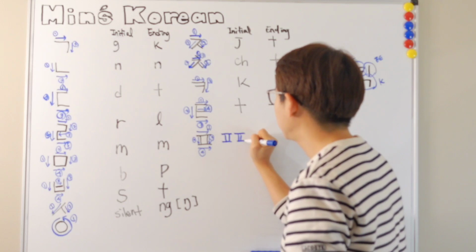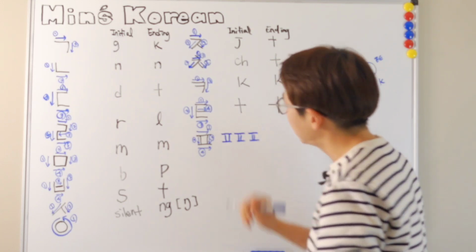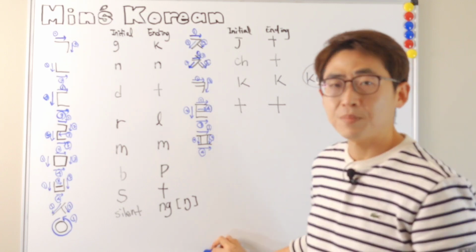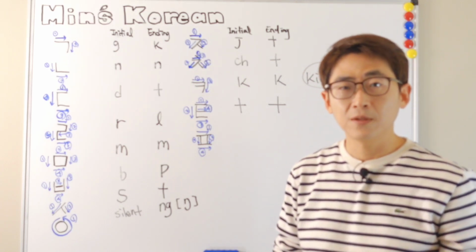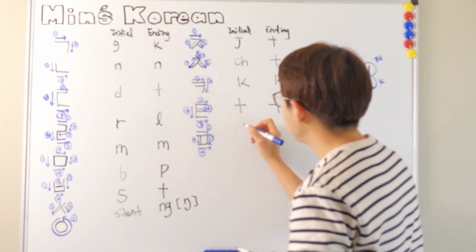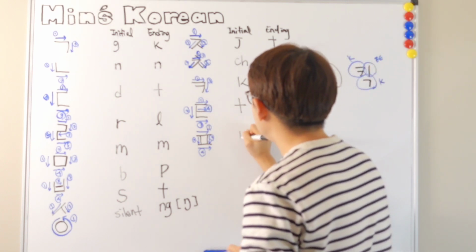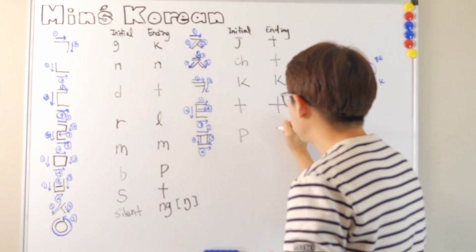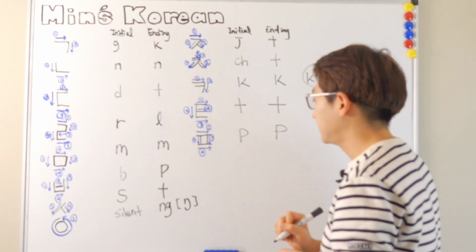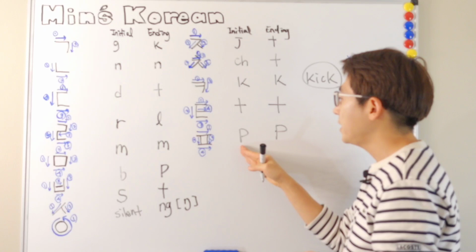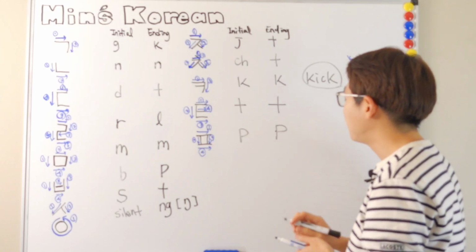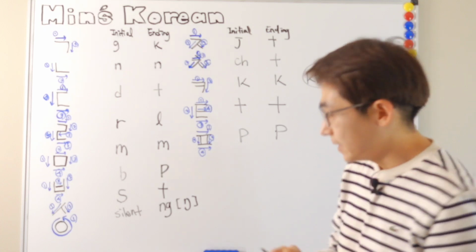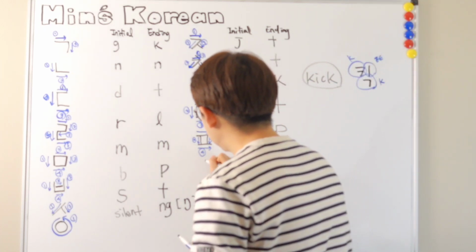Okay, so that's the consonant piup. Okay, and it makes the sound of p, and the ending sound is the same, p, pie, or pop. Okay, and next we have,